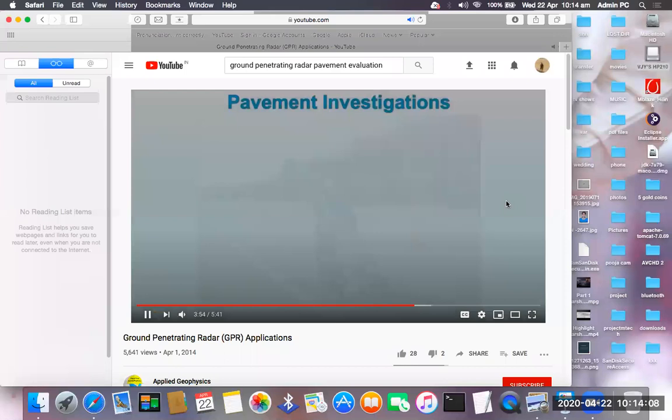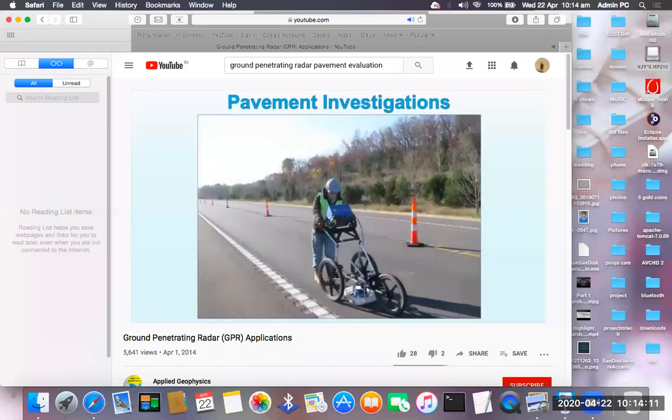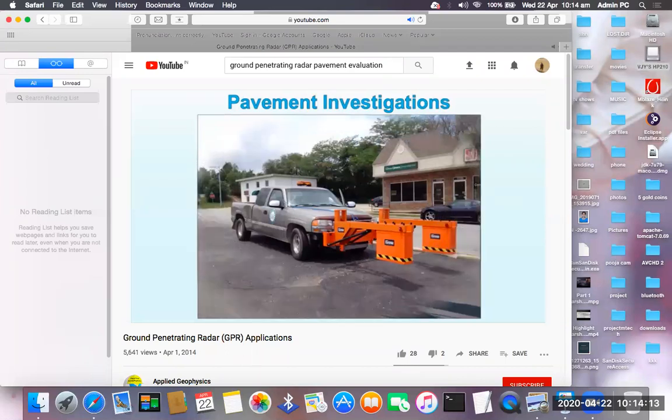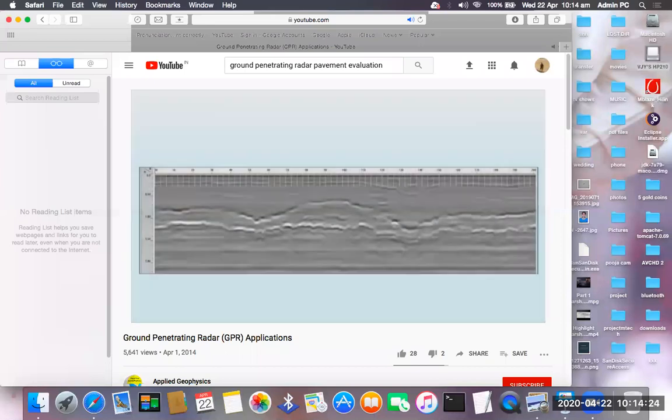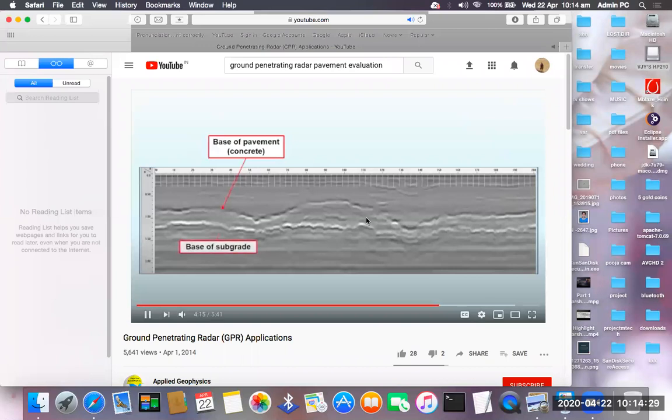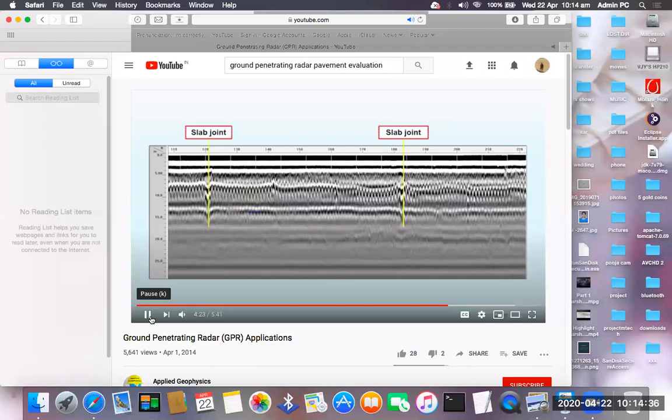GPR provides quick and efficient pavement assessment. For this survey, both ground-coupled and air-launched antennas are deployed. The air-launched GPR antenna is typically used to operate at highway speeds and allows inspections to happen without disrupting traffic. The data collected by the GPR system might be used to estimate the overall condition of pavements, pavement layer thickness, moisture content, locations of debonding overlay, and damaged concrete. It is also an effective method to locate joints and sections where voids may have developed under reinforced concrete slabs.